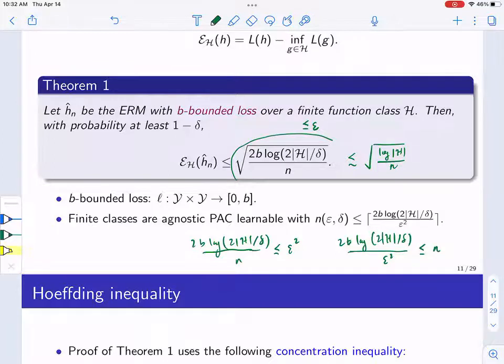So if you take the ceiling, because this might not be an integer, I can take the sample complexity to be at least this much. So we know that the optimal sample complexity can be at most this, as I can achieve it. That gives you that the finite classes are agnostic PAC learnable with this sample complexity. This is going down like 1 over root n, or in this case, the complexity is like 1 over epsilon squared. That's the equivalent